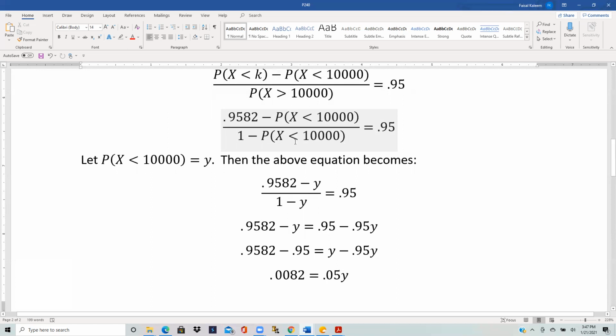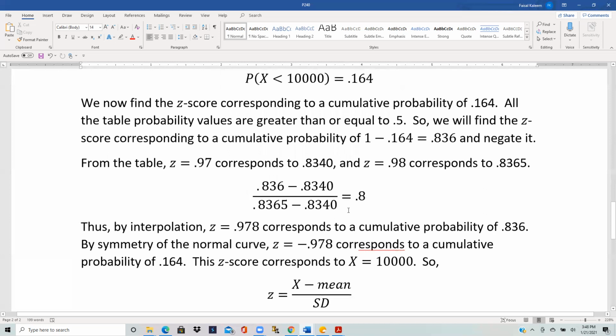Here, of course, we had another reason because we wanted to solve this equation. We already had this less than 10,000. But even if it was not for this reason, eventually we had to change this one into the less than, because that's the z value that we get from the table. Cumulative means it's going less than. So to correspond the x and the z, the x should also be going less than. So the 10,000 for the x corresponds to negative